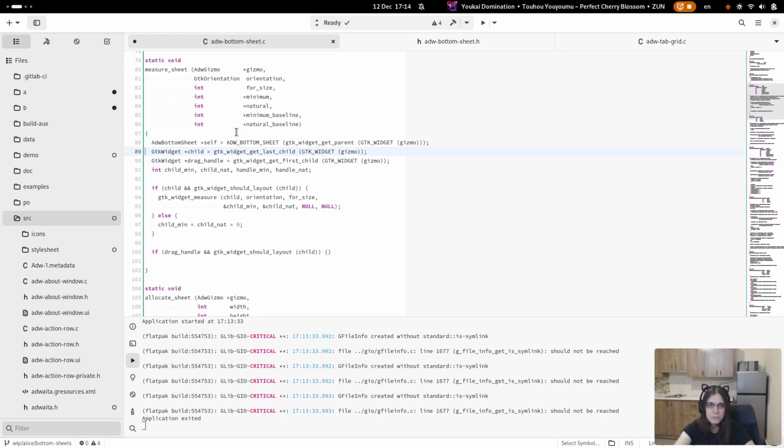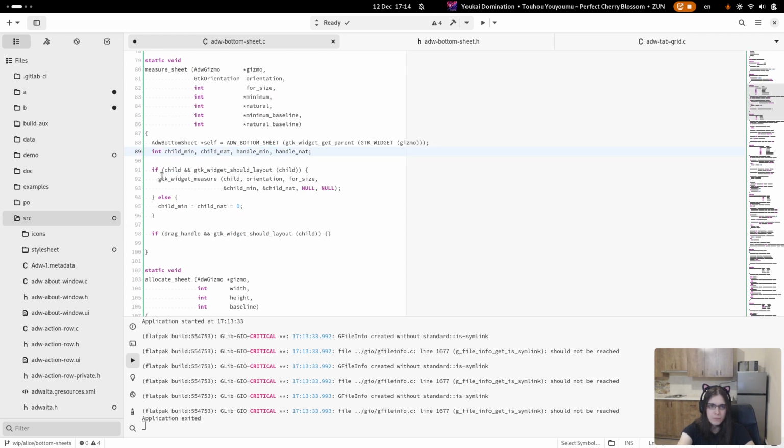Instead of doing this, I can always just do self sheet. Well, I don't even need these variables.